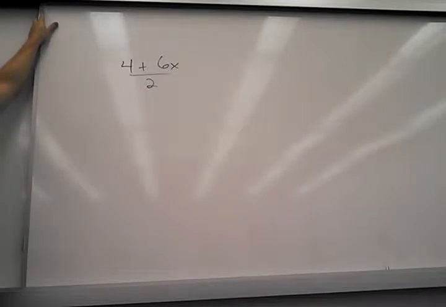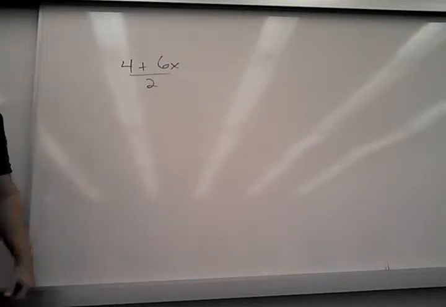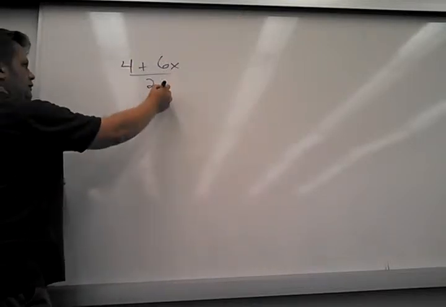So, what could I do with this? Could I do anything with this? I like it. So one thing I could not do is just to do this and put a 2 there